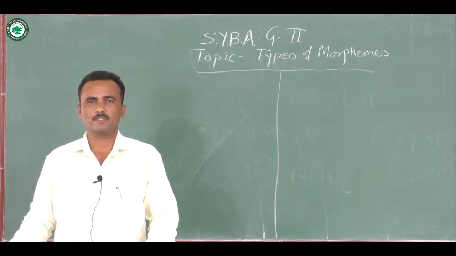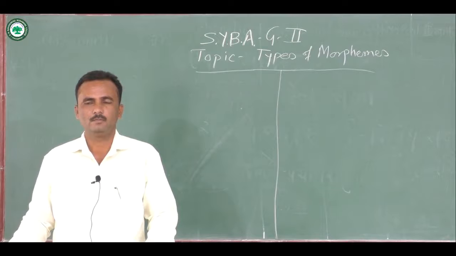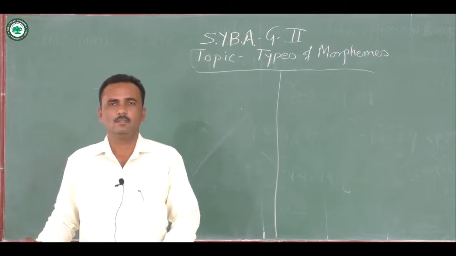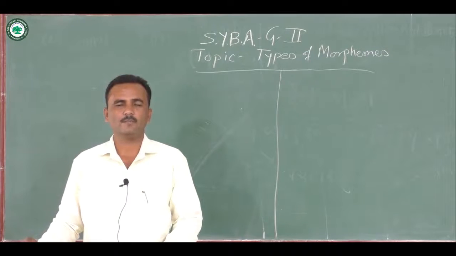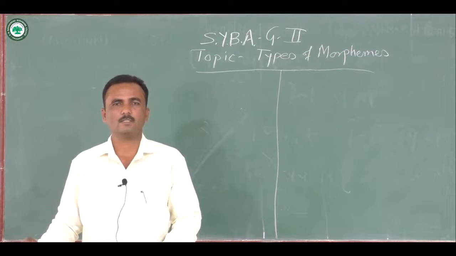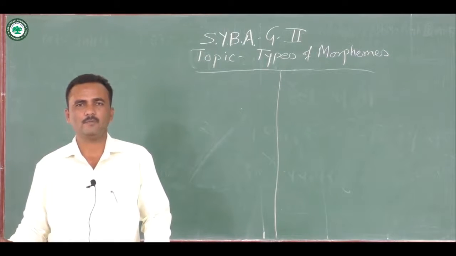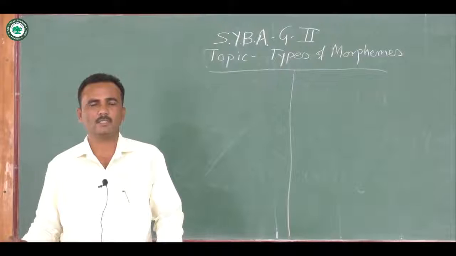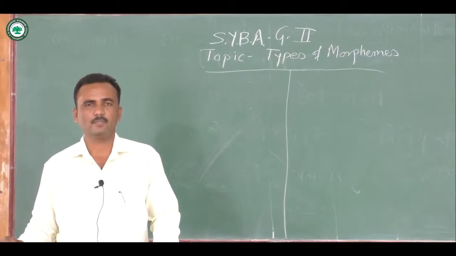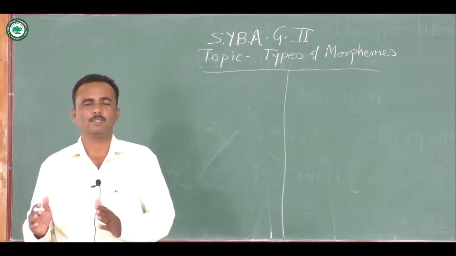In the last lecture we talked about morphology. We discussed the definition of morphology and morphemes. We know that morphology is a branch of linguistics where we study the structure of words, or the grammar of words. Words are built up of different parts. These parts are called morphemes. A morpheme is the smallest individual unit of the word. It means we cannot go beyond further splitting of the word. It is the limit point of the word, that is the morpheme.